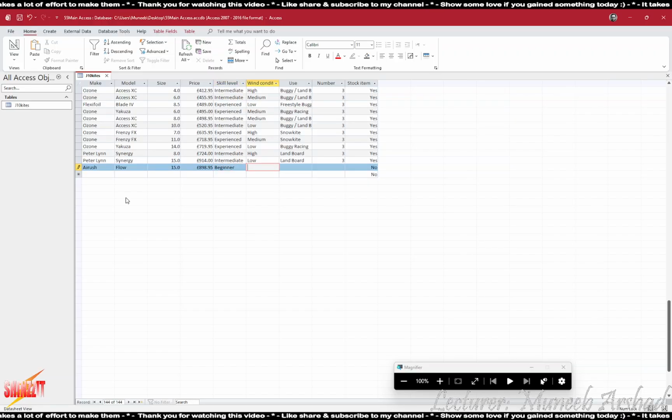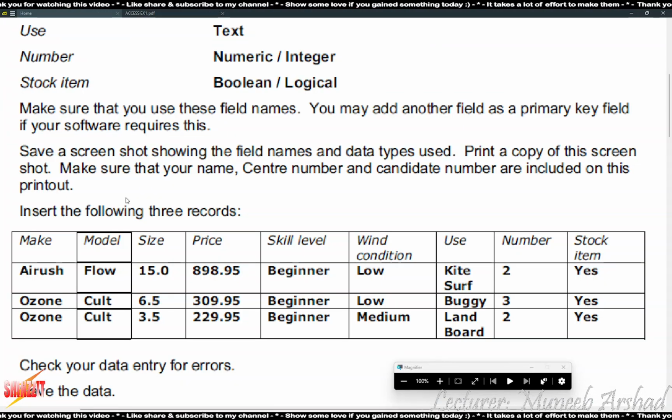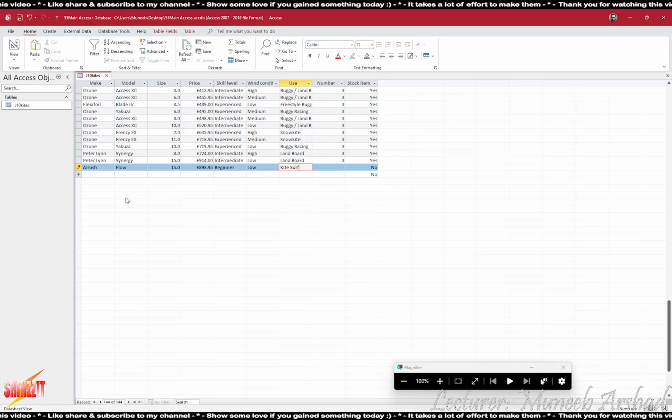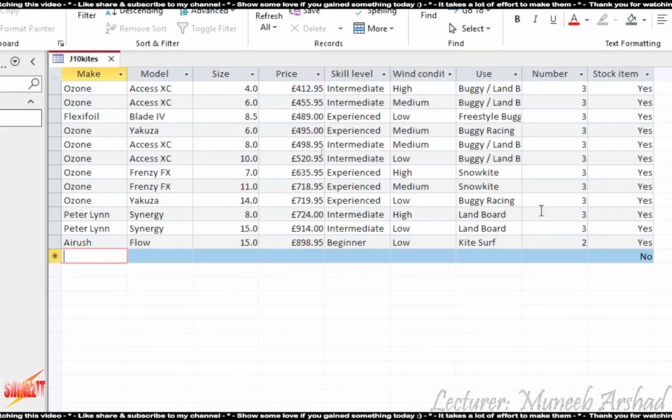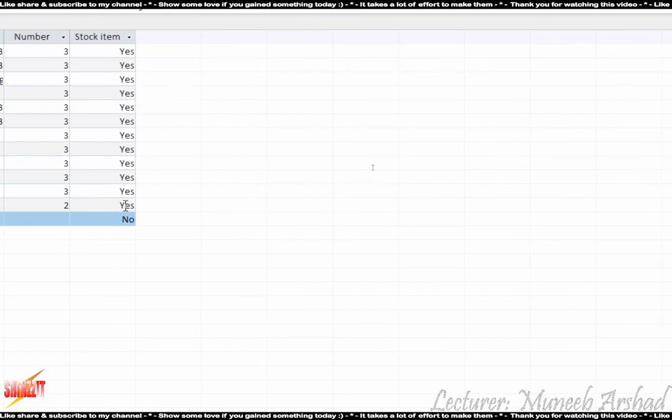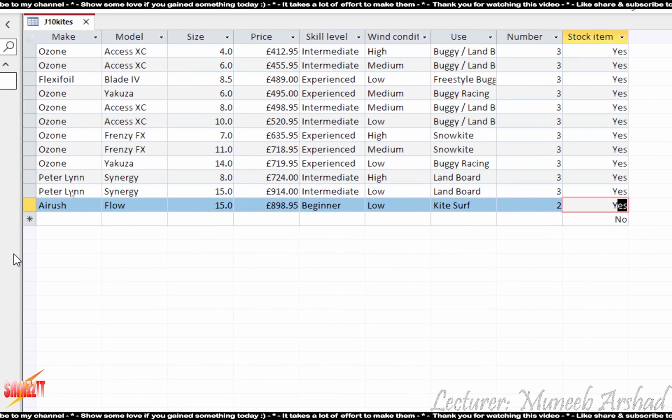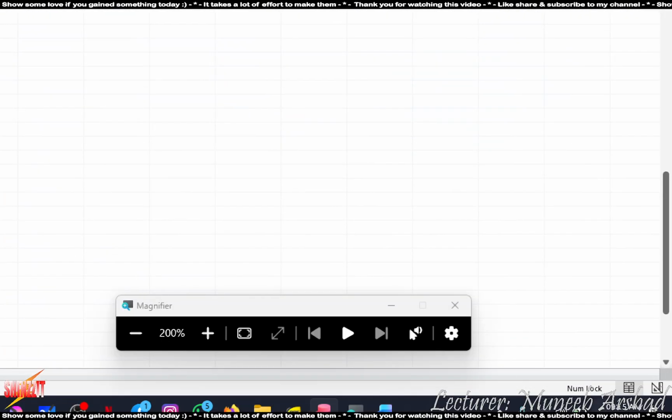Okay. Then we have low, wind condition is low. Then kite surf. Then number 2, stock item is yes. Now, yes can be either you can type in yes like this, or you can type in 1, or you can type in -1. So -1 also yes, 1 is also yes, and obviously you can type in yes as well.